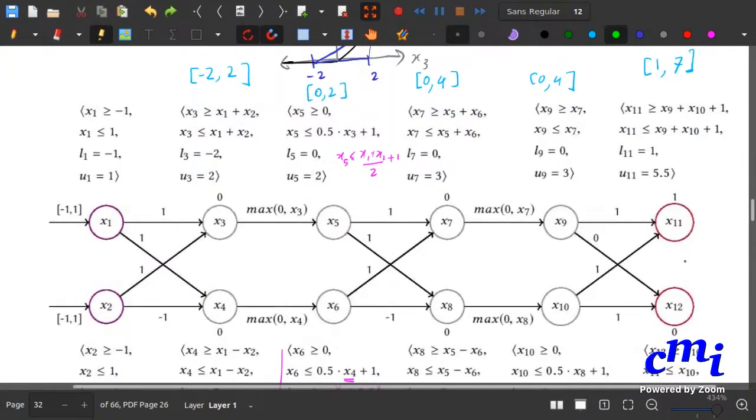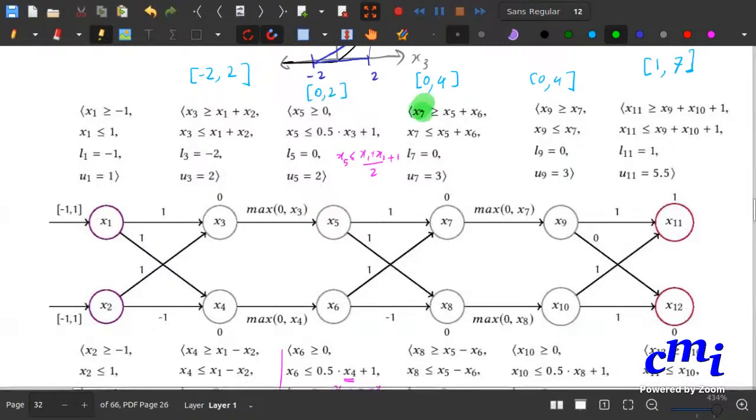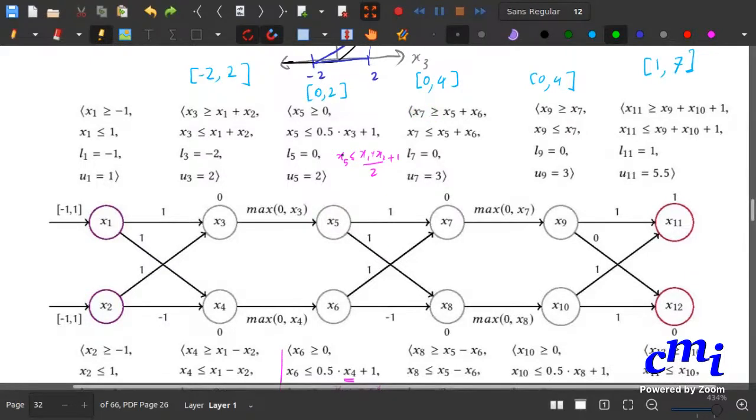So one thing that I want to mention is that if you look at it from the algorithmic point of view, you could have done the substitution directly when you're calculating the bounds for x7, and that is actually sort of equivalent. It's just a matter of presentation, which way you want to say it. I'm presenting it this way simply because this is the example that is directly taken from the paper. If you want to implement this, you can implement it the other way as well, and that actually might be a simpler way to implement it,